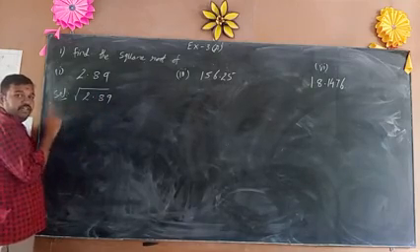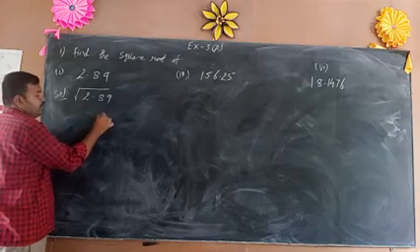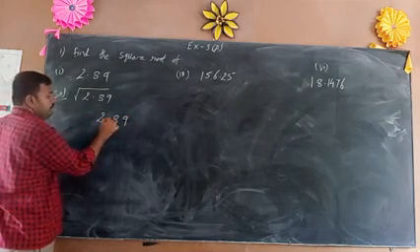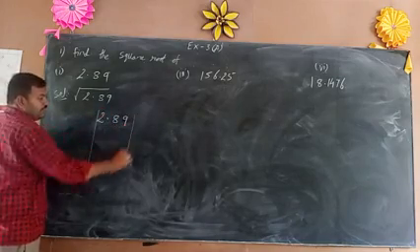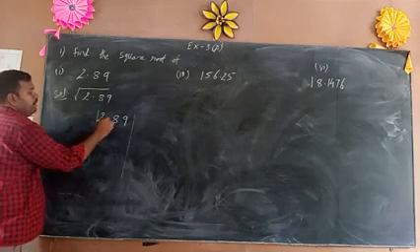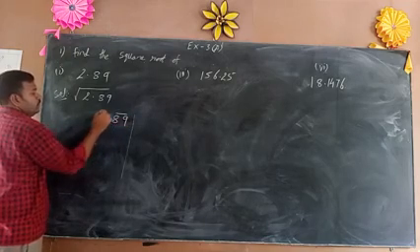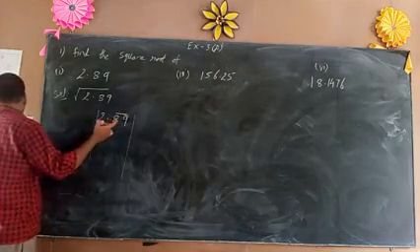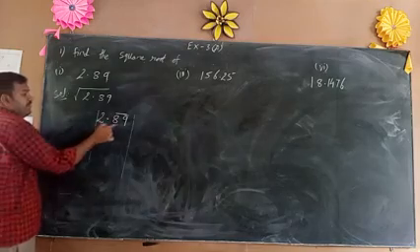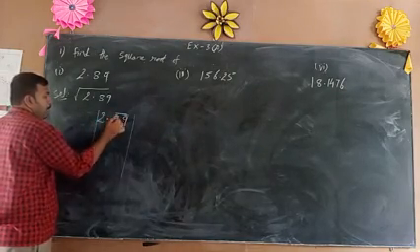Always you have to follow the division method only in this class. Try to do it in the division method only. Doing it in the division method, 2.89, give the bars. The decimal point is there. Forget about the decimal and make the bars. Form pairs from back to front. First forget about the point.